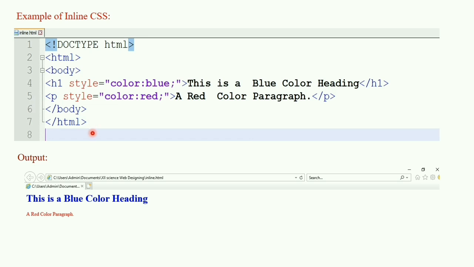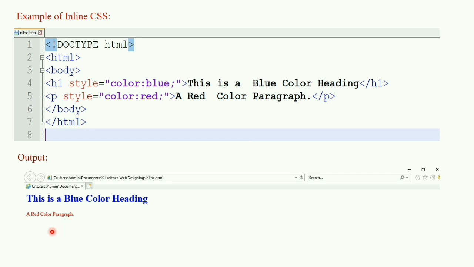Now save this program by giving it the name inline.html. Now you will run this program. When you run this program, you will see the output in this way. This is a blue color heading and a red color paragraph.